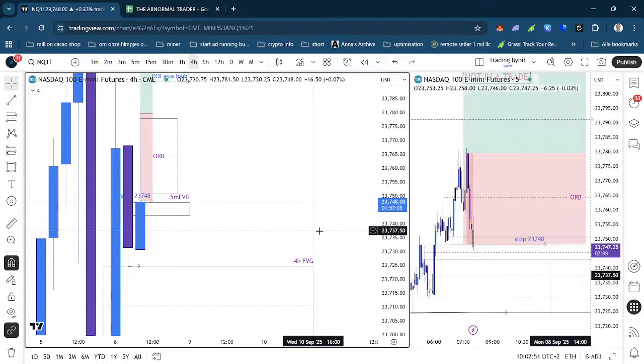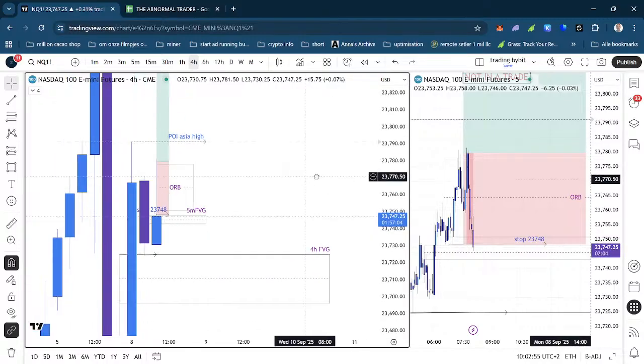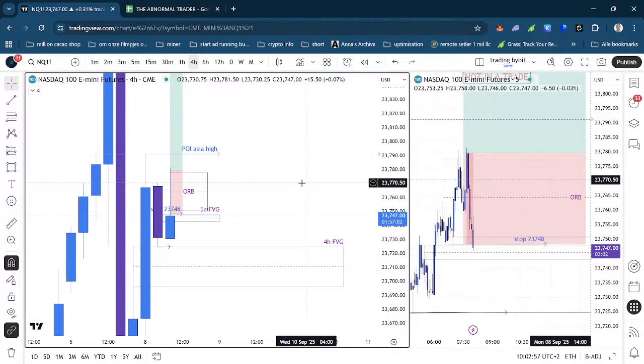So log your trade, take a picture of it, put in your trading plan. If it's London that you traded today instead of pre-orb, also put it in that it's London orb and not pre-orb, so you know the difference.